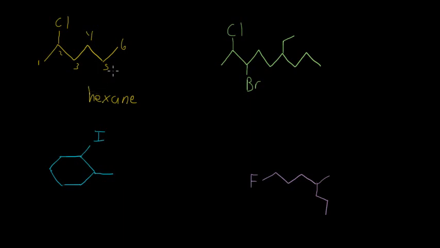And with the chlorine coming off, it's coming off of the second carbon, so this will just be 2-chlorohexane. And we did start numbering over here rather than over here because we want this to be the lowest number possible. So getting into the next example, we have a chlorine and a bromine coming off, and then it looks